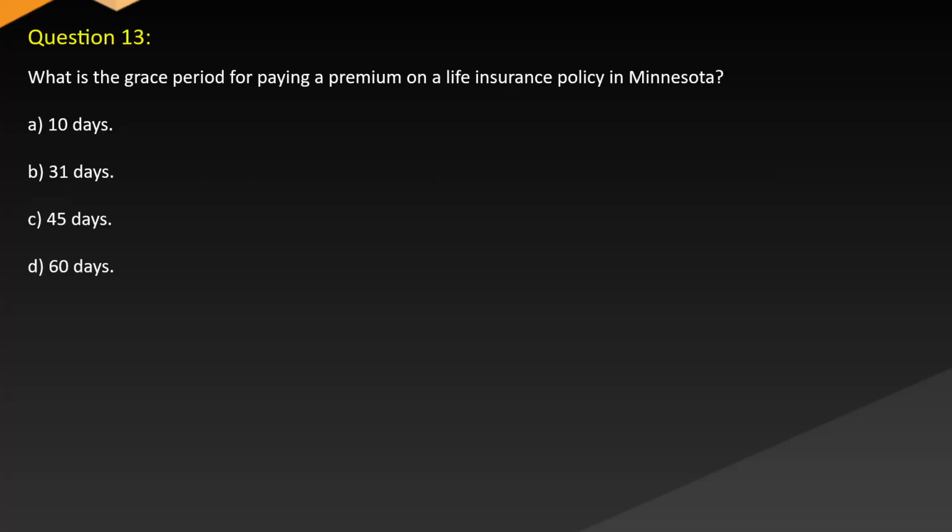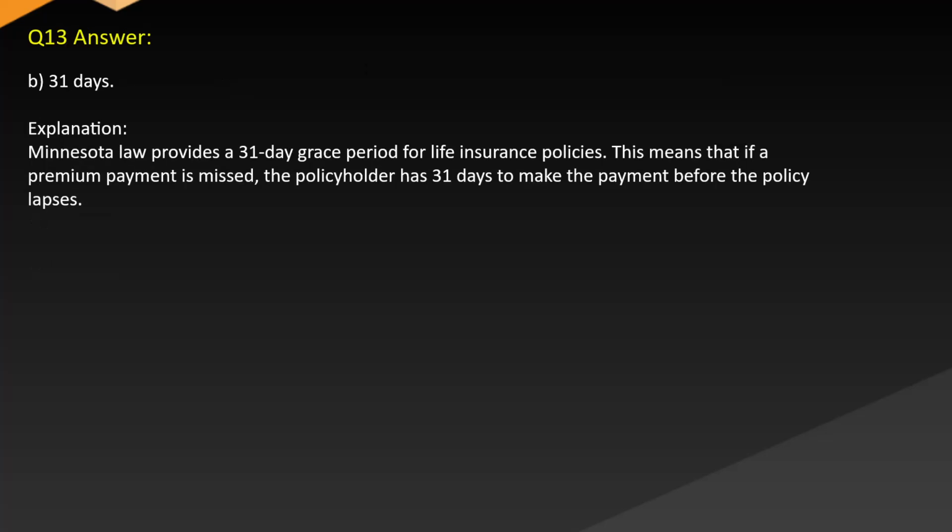Question 13. What is the grace period for paying a premium on a life insurance policy in Minnesota? A. 10 days. B. 31 days. C. 45 days. D. 60 days. Answer: B. 31 days. Explanation: Minnesota law provides a 31-day grace period for life insurance policies. This means that if a premium payment is missed, the policyholder has 31 days to make the payment before the